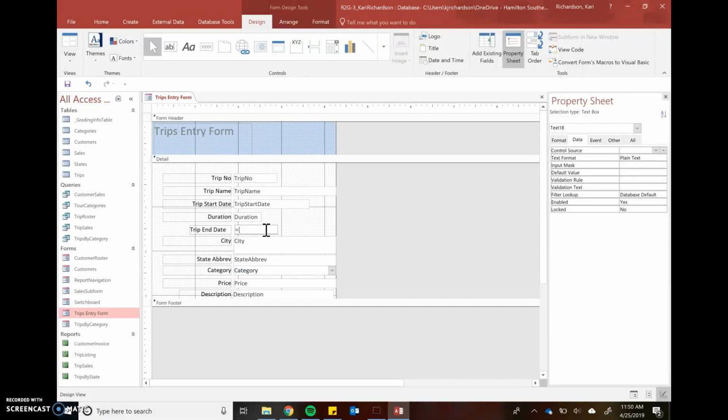You have to use brackets. You can't use curly brackets or parentheses. So let's go ahead and enter trip start date in brackets plus brackets. I believe it's price. Let me